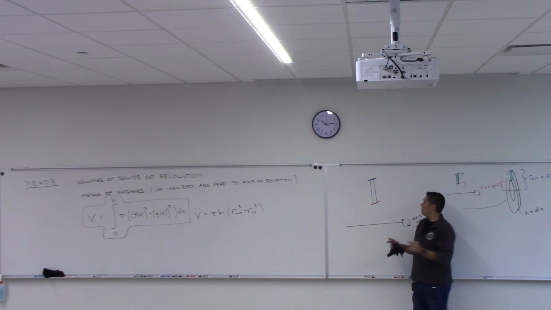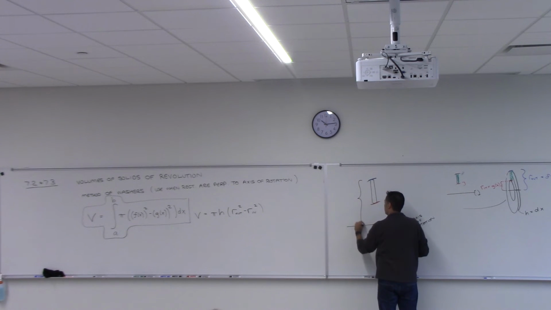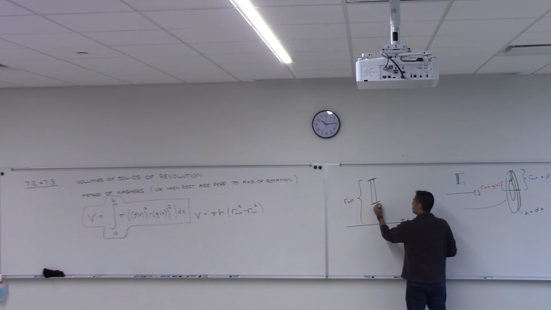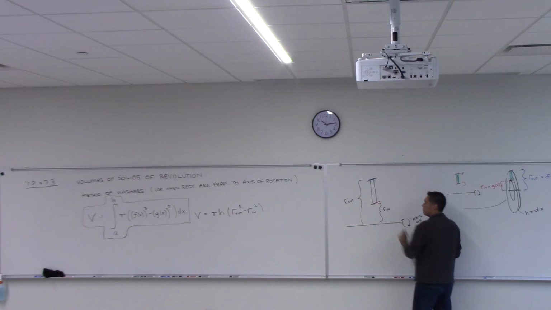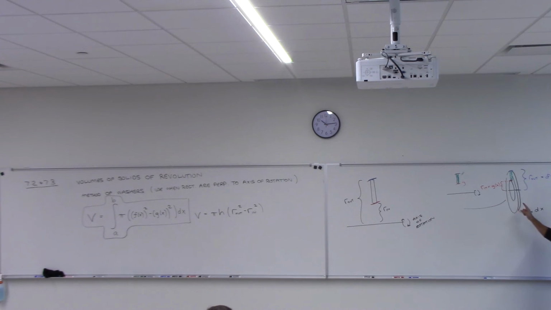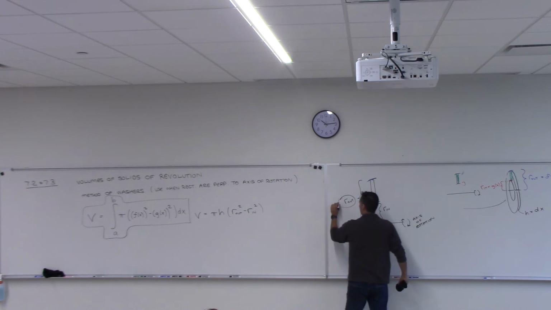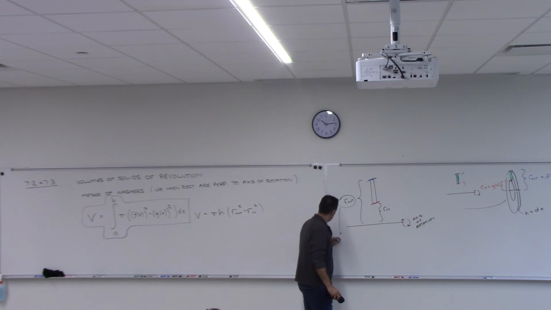Everybody here agree with the idea that the distance from here to here is r out? Yes? And the distance from here to here is r in, right? And in this particular case, the distance from the axis of rotation to that blue thing is just f of x. And the distance from the axis of rotation to the red thing is just g of x. But I want you to look at it slightly different. I want you to look at the outer radius. I want you to look at that as the distance